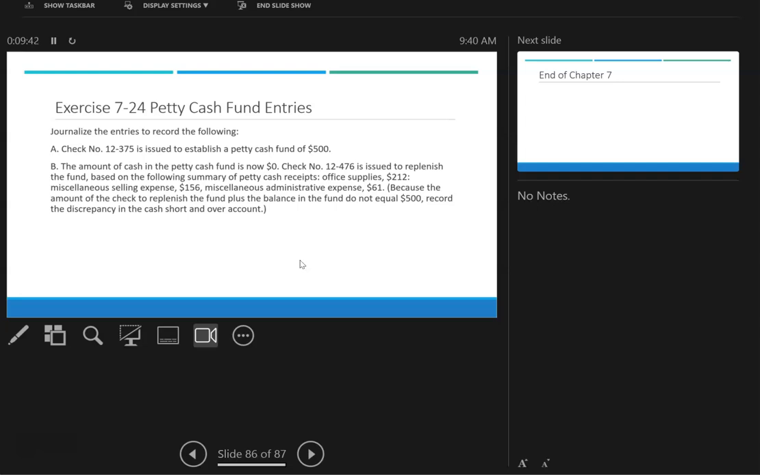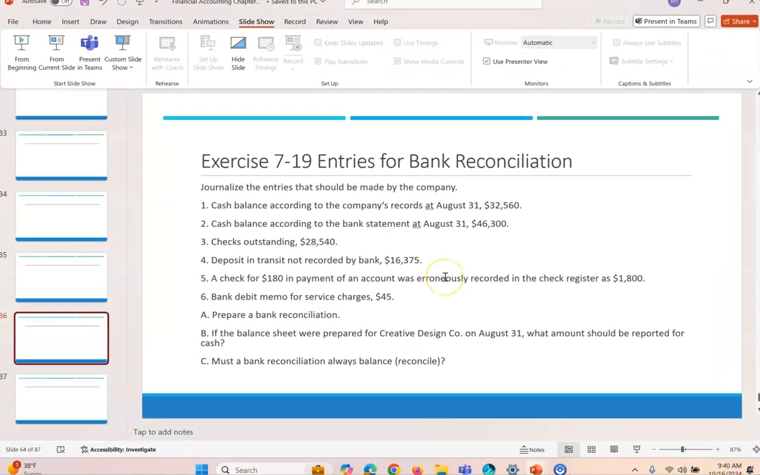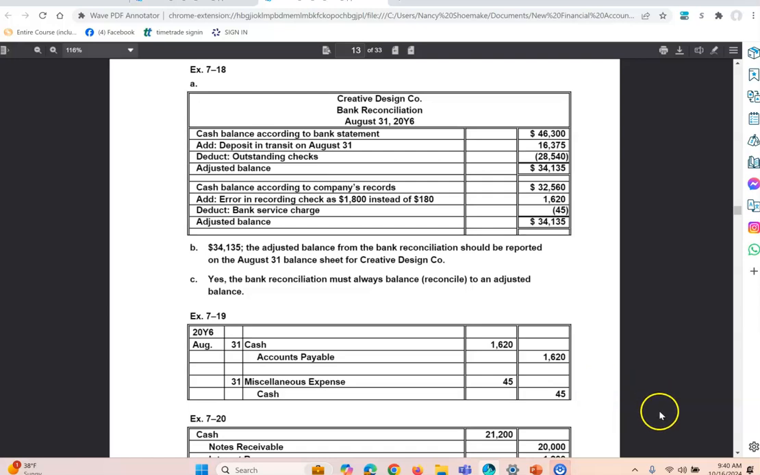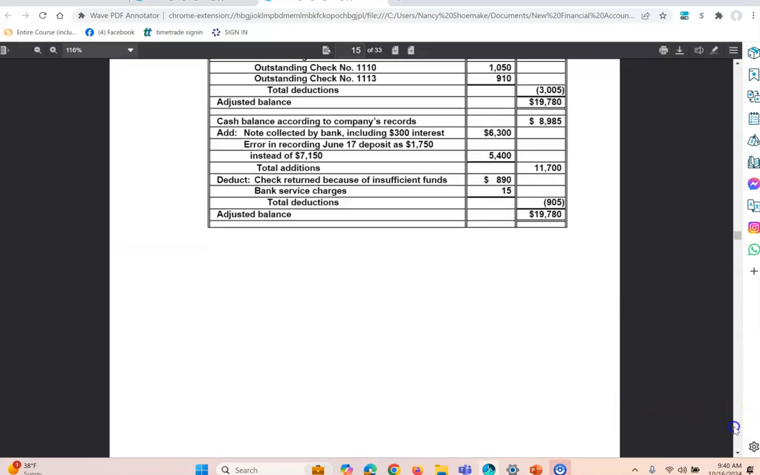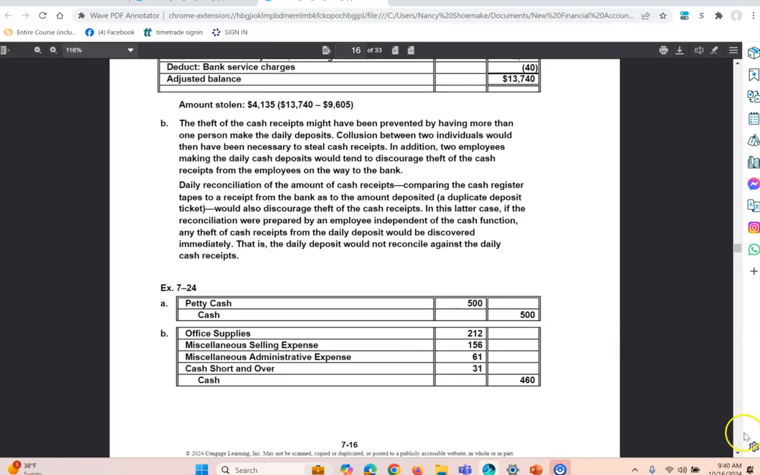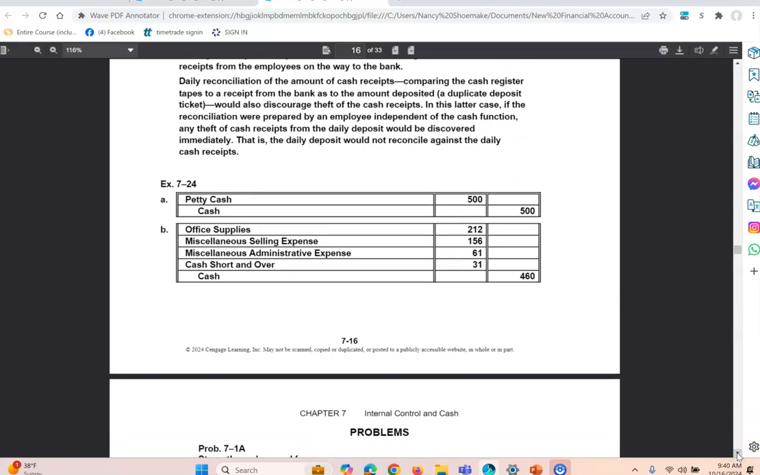And then because the amount of the check to replenish the fund plus the balance in the fund don't equal $500, record the discrepancy. So here you'll see, let me show you, 724. What we'll do in order to initially create that petty cash is we debit our petty cash for $500, we credit our cash. Throughout, we used office supplies, selling expenses, and administrative. But we're missing $31 here, aren't we? So since we're missing the $31, we'll show that as a short and over and credit our cash